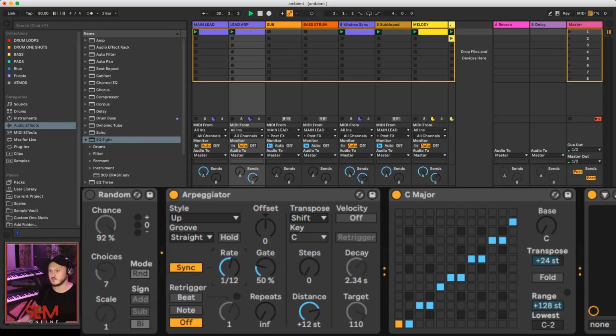So if I nudge it up to 12, 1/12, that gives us a triplet. Let's do a step so we get an extra octave. And I'm just going to change the groove to a swing of 8. You should be able to hear a swung, kind of different pattern there. And we can play around with the style. I'm just going to pick